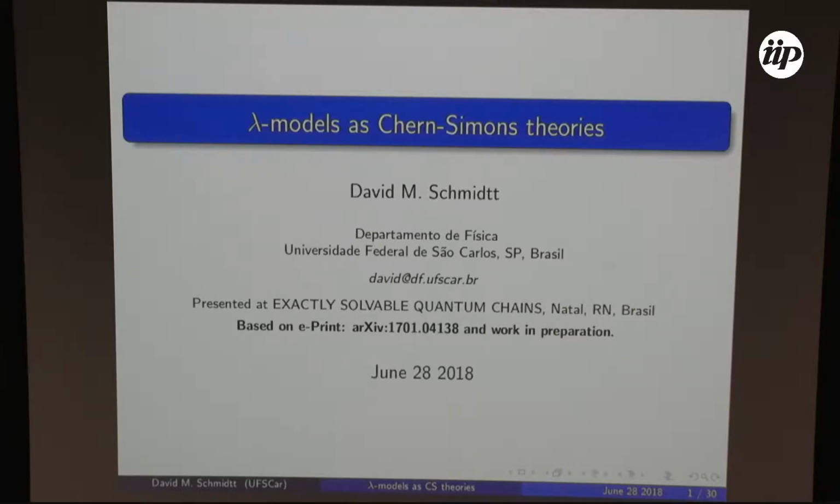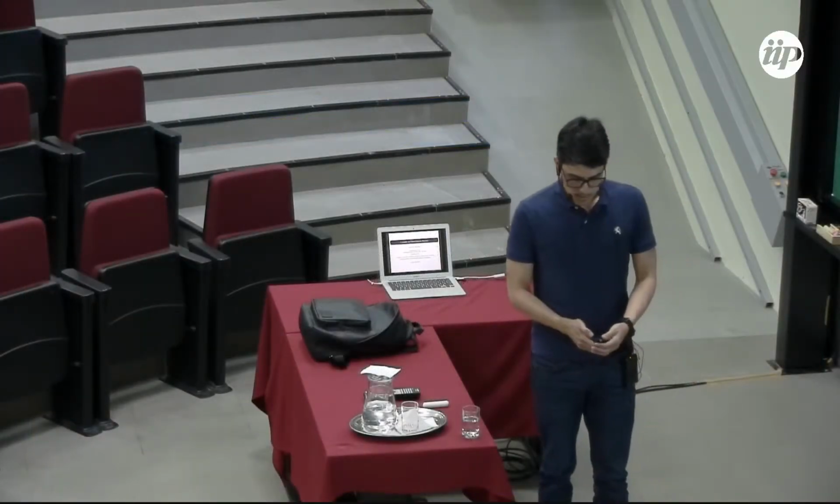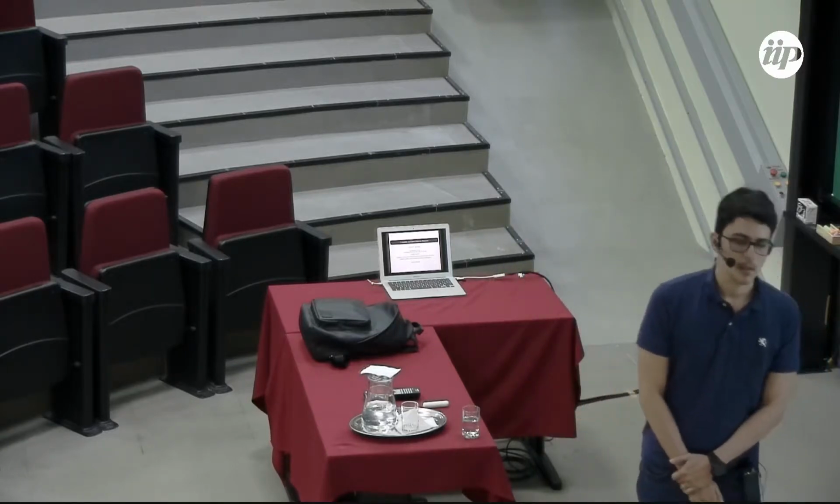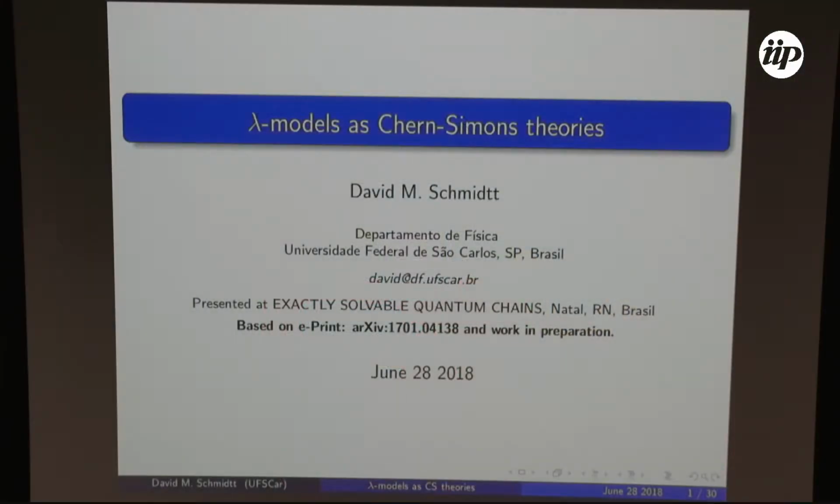In a paper I published last year and some work in preparation that I'm doing right now. As the title says, I would like to make some connection with a lambda model, which is an integrable deformation of a Green-Schwarz superstring. It is a field theory in 1+1 dimensions. It is a constrained field theory. And the idea is to connect it somehow, rewrite it in terms of a gauge theory in 2+1 dimensions, which